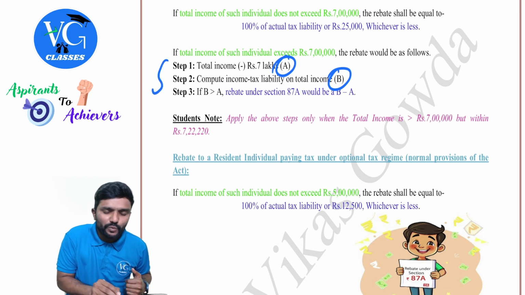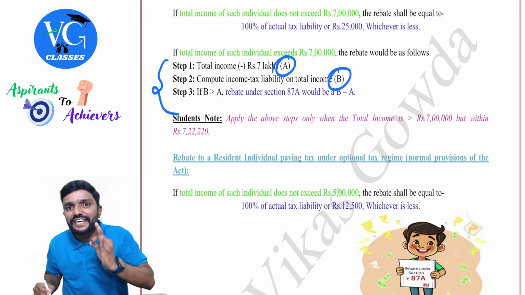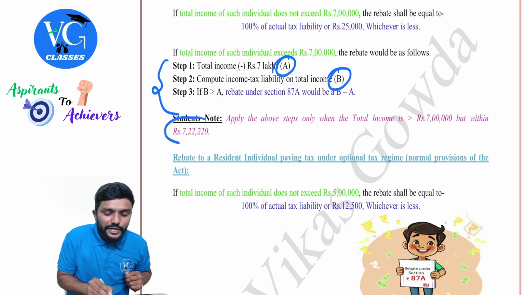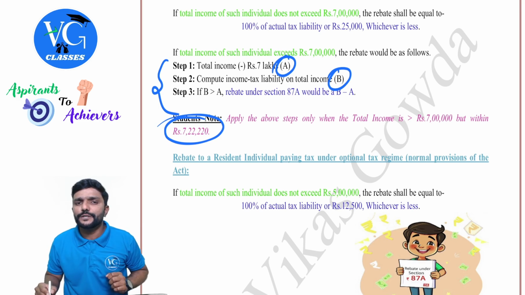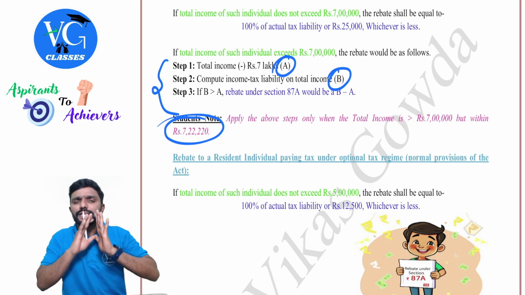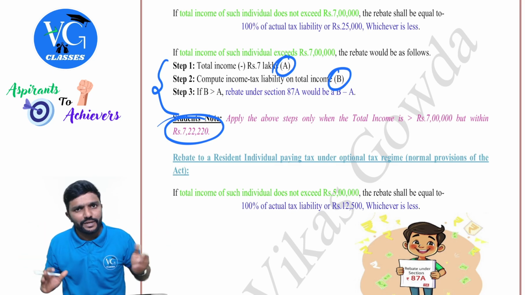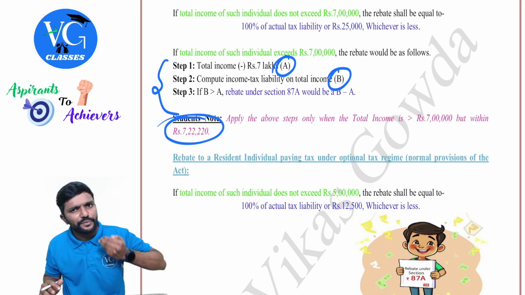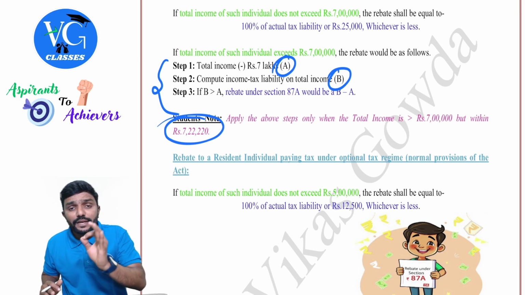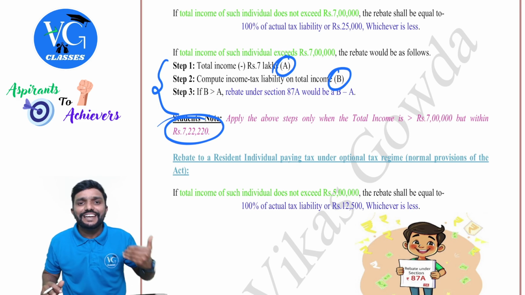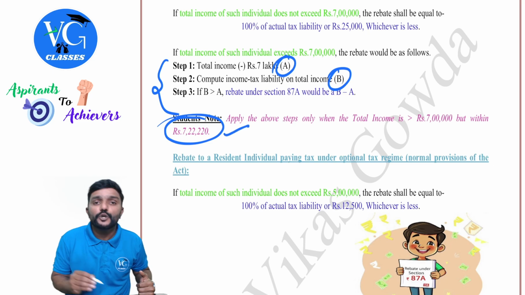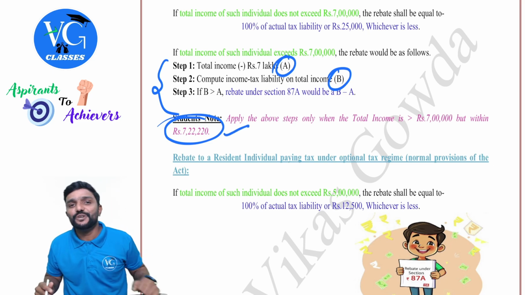And you apply these steps only if the total income of the resident individual is more than 7 lakh but up to 7 lakh 22,220, guys. If it is more than 7 lakh 22,220, you need not apply these steps. It is understood that they are not eligible for rebate. This figure is not given in the law. It is a computed figure. So just have a thing in the mind and make sure that you will calculate rebate by applying these steps only if the total income is in between 7 lakh and 7 lakh 22,220 for the resident individual who is